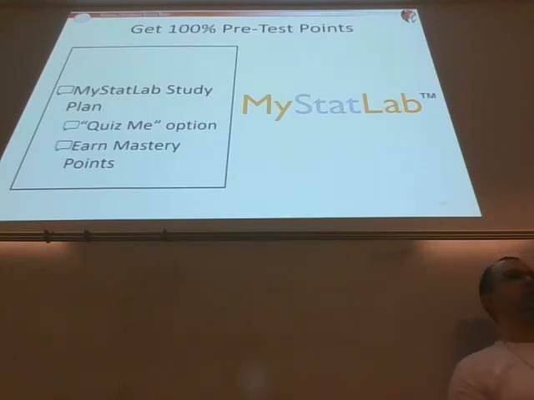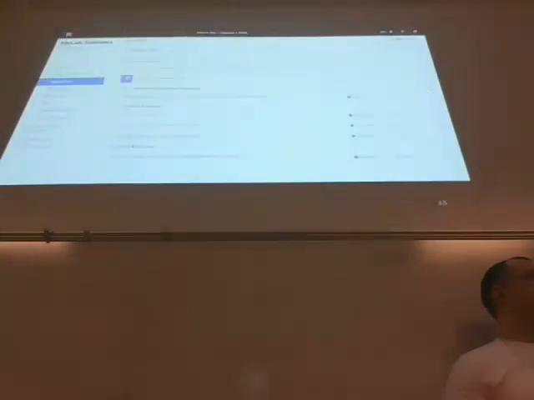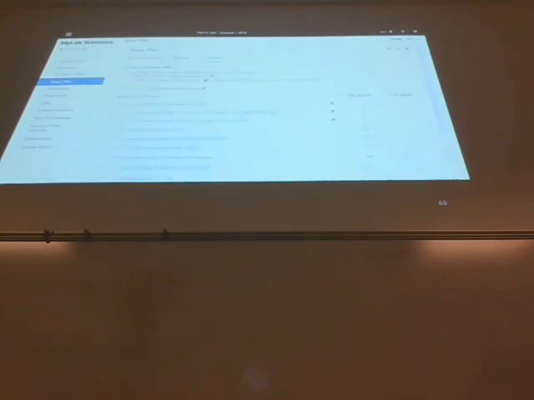But when you finish your pretest, if it just didn't make sense and you didn't get 100% on your pretest, just know that you can still earn 100% on those pretests by doing the MyStatLab. In the MyStatLab study plan, there's the Quiz Me option where you can earn mastery points. So you can find this in the study plan. And if you hit the Quiz Me, or if you take a look at your all chapters, you'll see that each chapter has some mastery points, and it'll let you know which one of those you have earned by doing the different Quiz Me's. And if you earn 100% of the mastery points in a chapter, you will get 100%